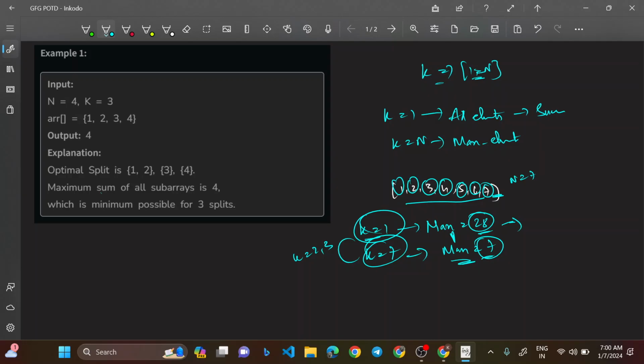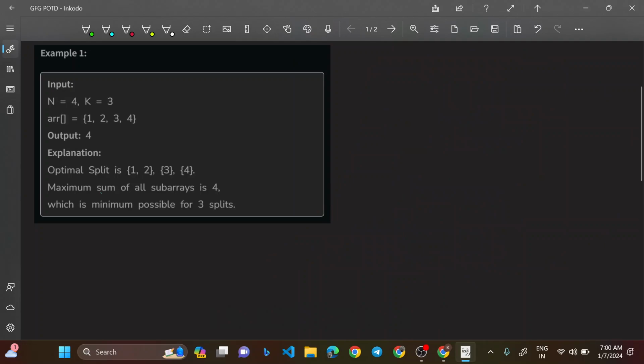Now you need to understand how we come to a conclusion in finding that particular sum. So the least value of sum, I'll just erase this part, the least value possible in this case, that is k equal to n, is the maximum element. And the highest value possible, the largest value possible,